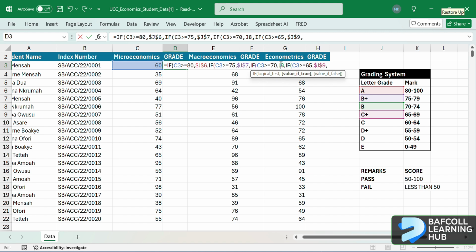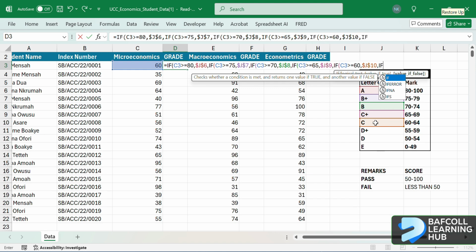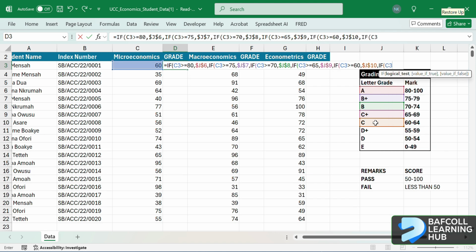Okay, I think I didn't lock this one. All right, then my next one, if C3 is greater than or equal to 60, comma, then I'm giving it a C. Then if C3 is greater than or equal to 55, you are getting a D plus. All right, then if,